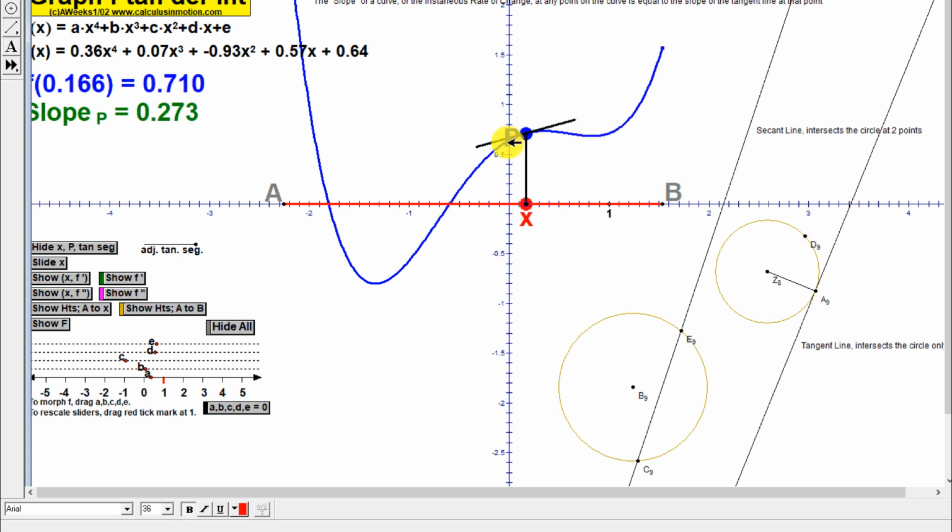Okay. Now let's talk about concavity for a second. The way you tell if it's concave up or down is by looking at the rate of change. So now the slope, which is the rate of change, right now it's some negative number because it's got negative slope here at P. It's going to the lower right. Okay, it's a decreasing function at this point. So it's negative. I don't know what negative slope it is, but it's steep. It's like maybe -9 or something like that. It's really steep. Down 9, right 1. And I'm just making that up because I just give you a number here. So it's negative,